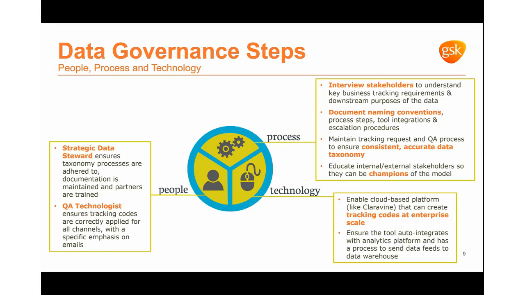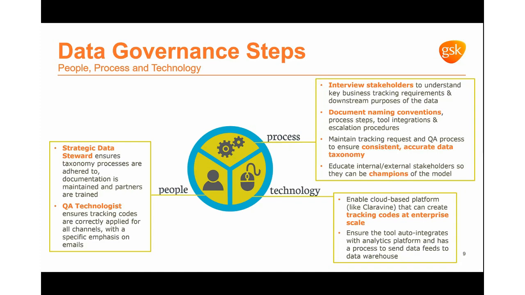And this person can also be, or it could be a second role, of a QA technologist. But this role is really like a quality assurance role. Are my assets tagged correctly? Do they have the right tracking codes on them? Is there a need for quality assurance for specific tactics? Typically, emails require extra layers of QA, as the emails have to be built and there are multiple click-through links in any email, and there has to be a QA of each link to make sure it has the right tracking code. And typically there's a unique tracking code on every single link, which creates a lot of rounds of back and forth in order to drive a successful build of emails.